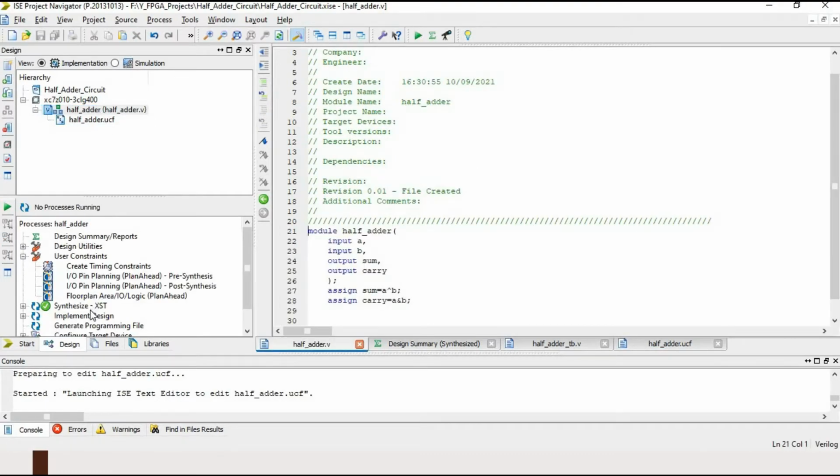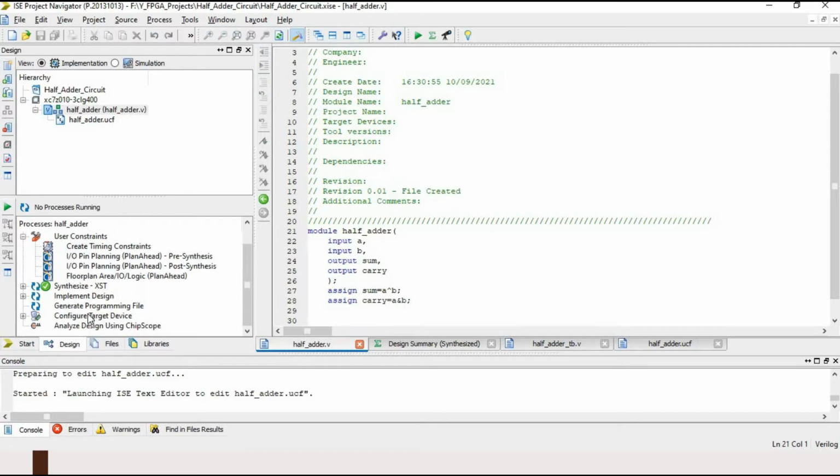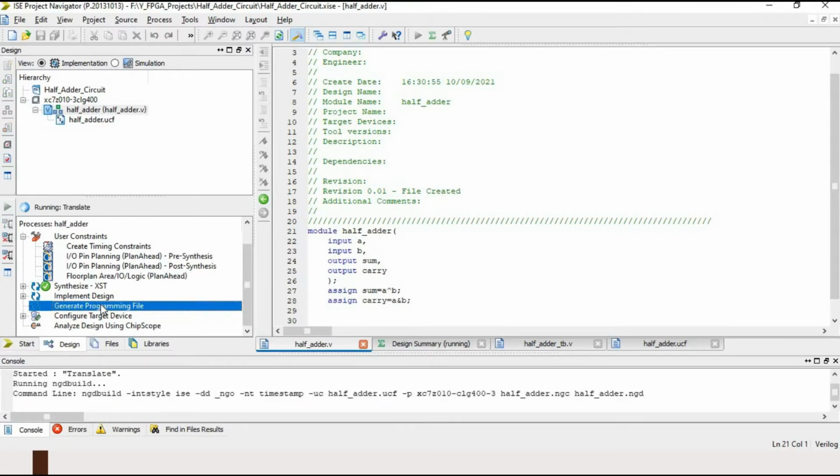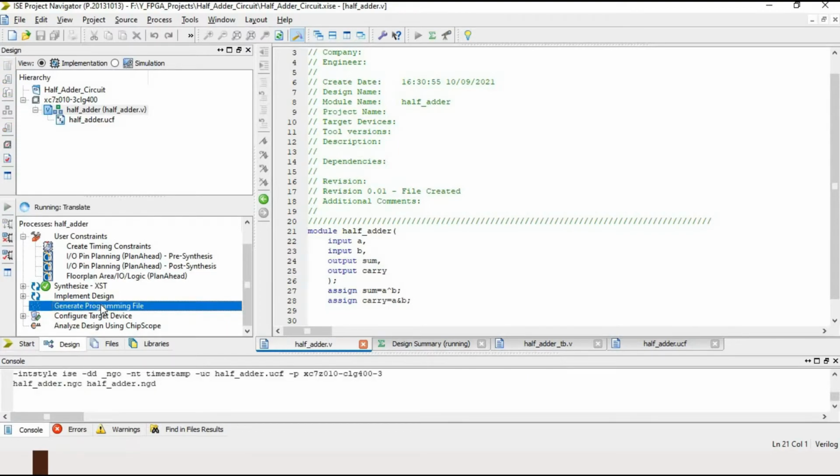Now I am going to create the bit file by generating the programming file. This generate programming file will give us the bit file, which we will upload on our FPGA board. So I'm double clicking here to generate the bit file.